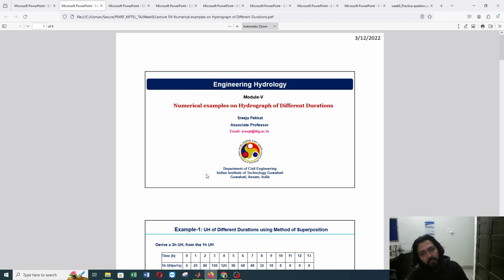But if the given synthetic hydrograph is not of standard form, then we have to make some correction, and we have to calculate the value of coefficient of peak and coefficient of time, that is Cp and Ct. We have to calculate those two coefficients using properties of some nearby gauged catchment. And once we are able to find Cp and Ct, then we can calculate the peak discharge and time base for an ungauged catchment as well, right?